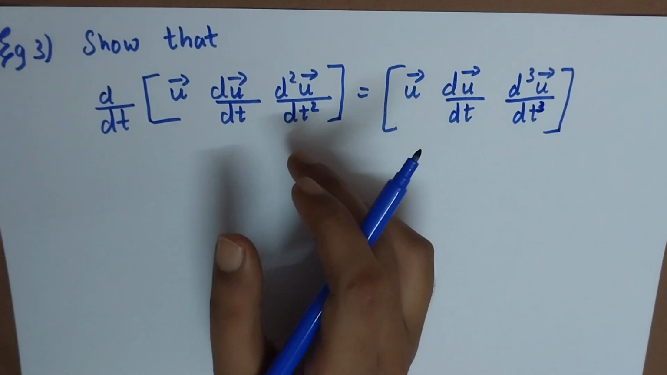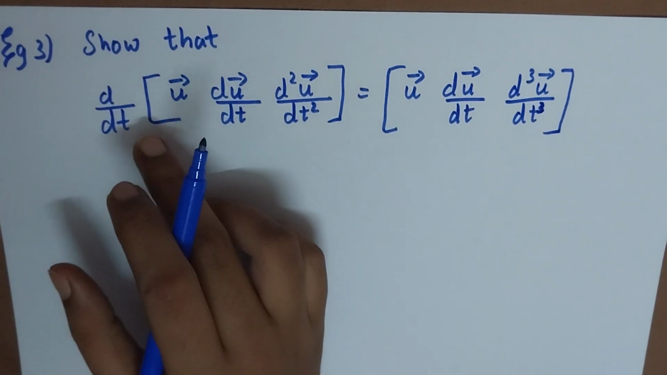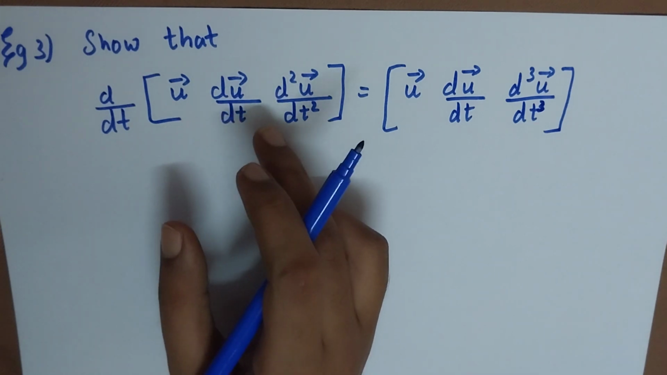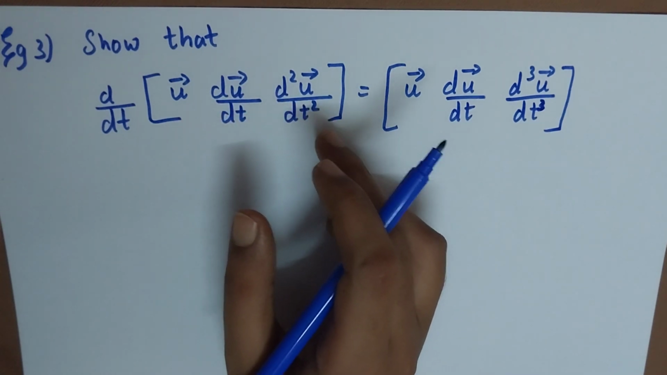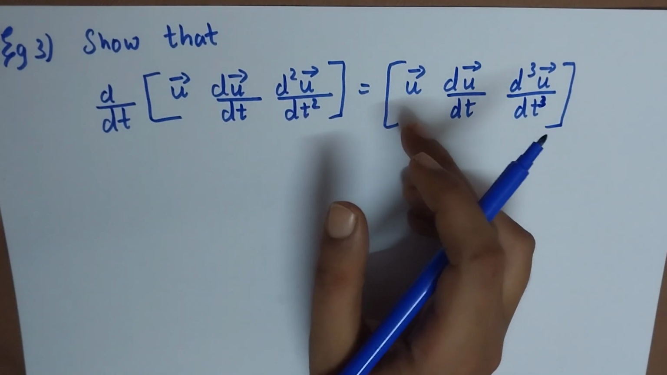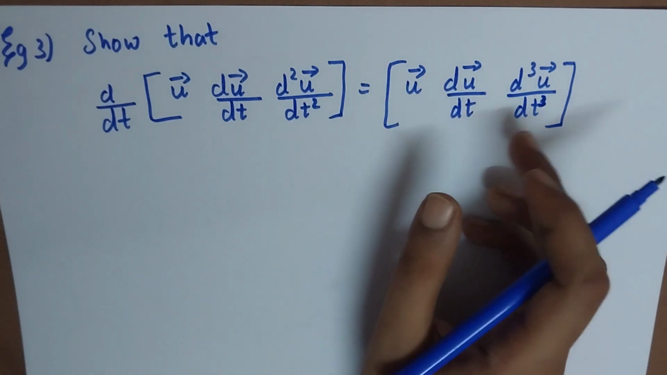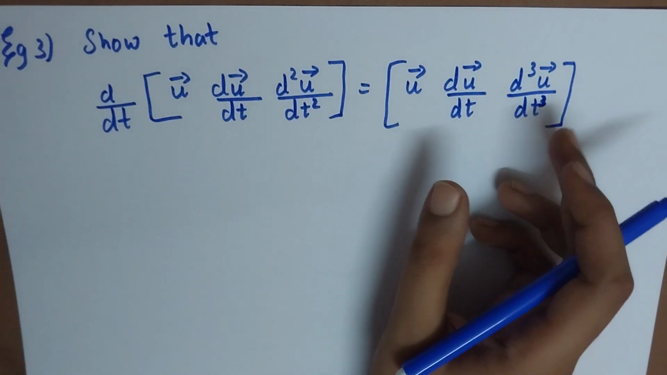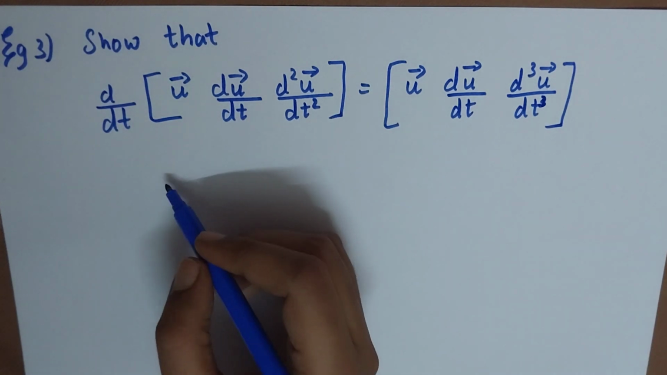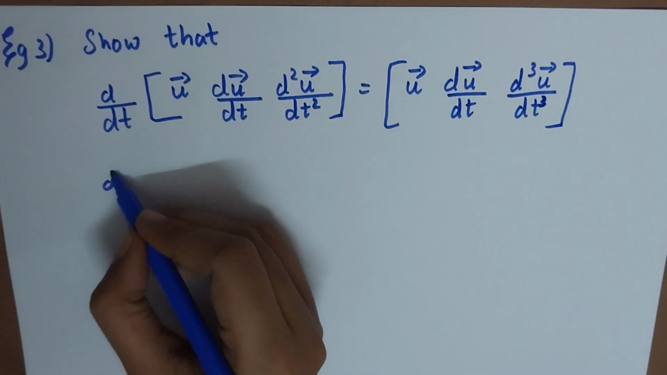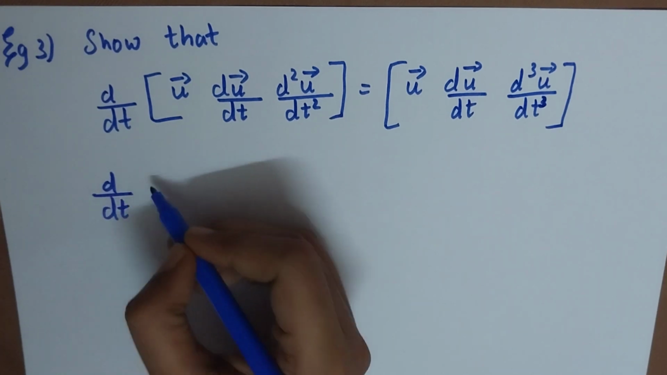Now our third question is, show that d/dt of the box product [u, du/dt, d²u/dt²] is equal to the box product [u, du/dt, d³u/dt³]. So we have learned a formula before, that is d/dt of the box product [A, B, C]